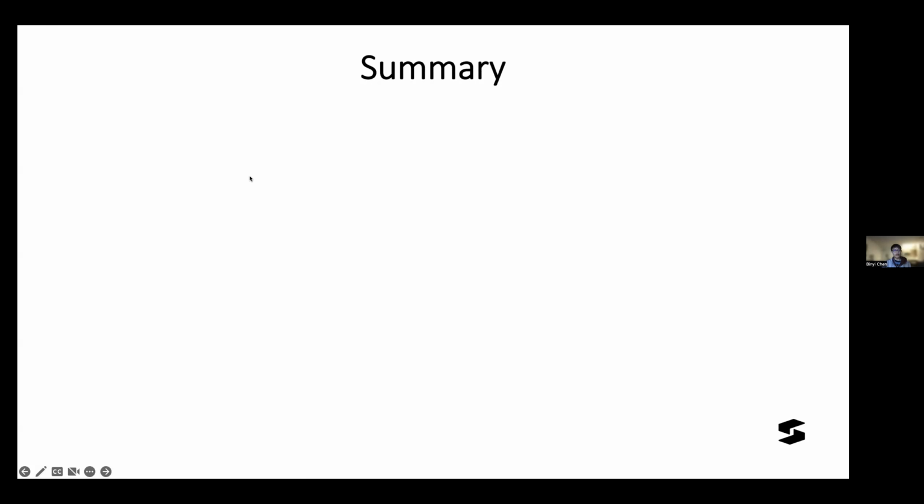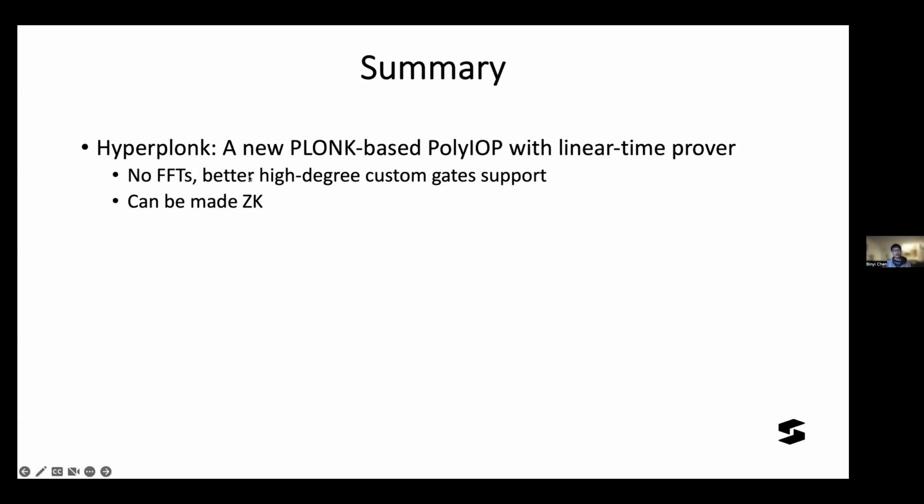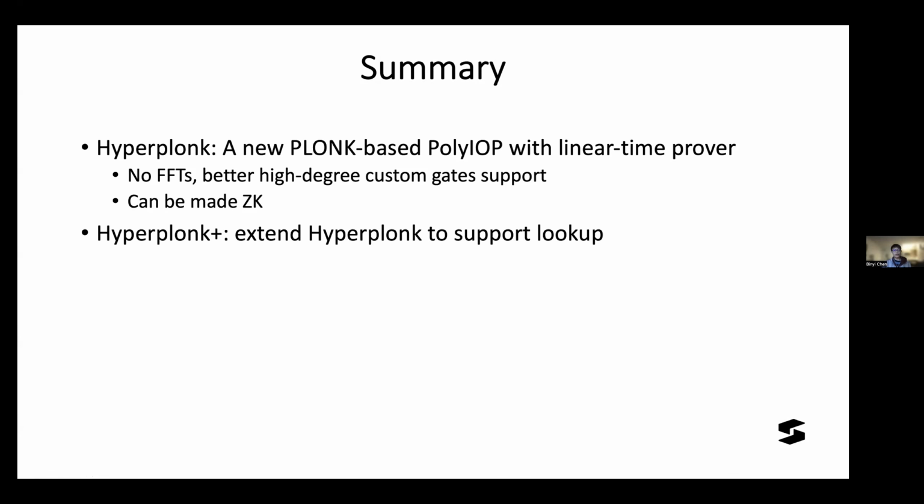Let me quickly summarize what we have done. First, we built a new Plonk-based multivariate poly-IOP with a linear time prover. There are no FFTs, and there is much better hybrid gate, custom gate support. We can also make it zero knowledge in the multilinear setting, which is actually not that trivial compared to the univariate setting. We also extended it to support lookup, and we built some new multilinear polynomial commitment schemes that